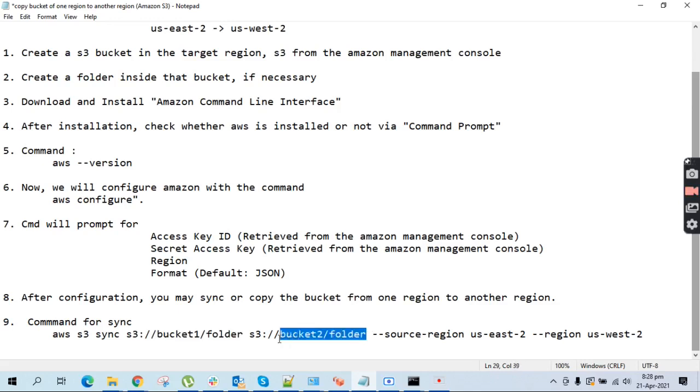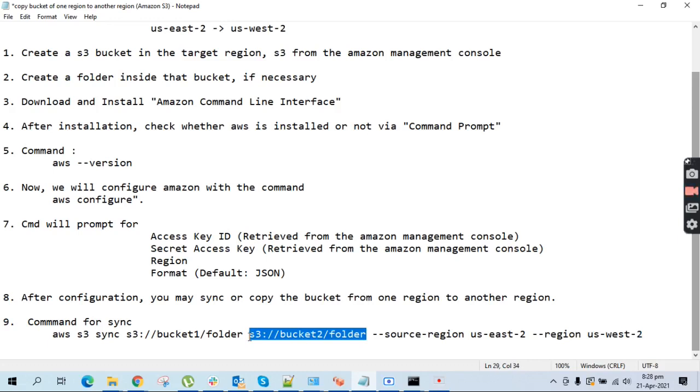This will be the target folder. And next we will specify the region also. S3 bucket 1 folder corresponds to the source region US East 2, and the region US West 2 corresponds to the S3 bucket 2 folder.